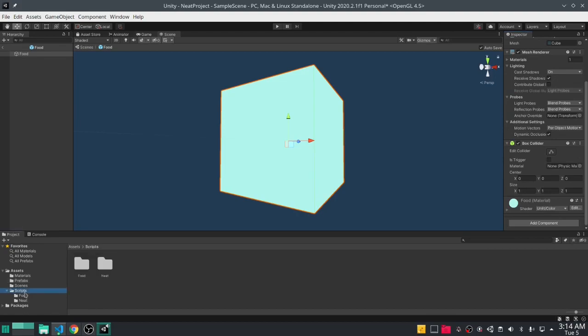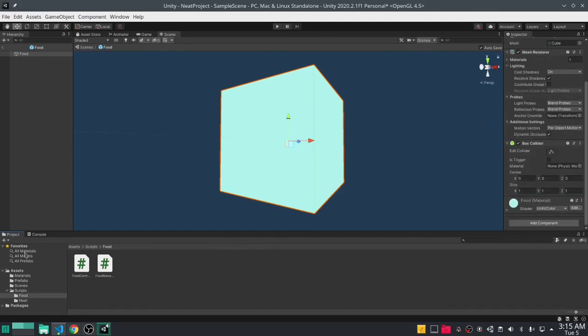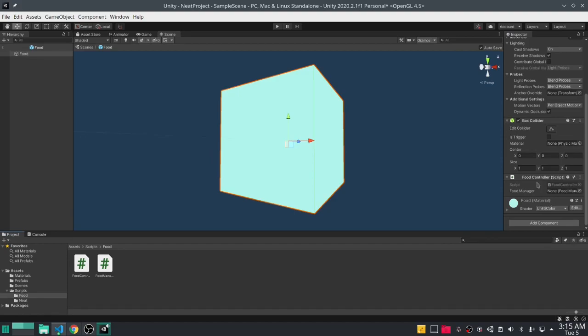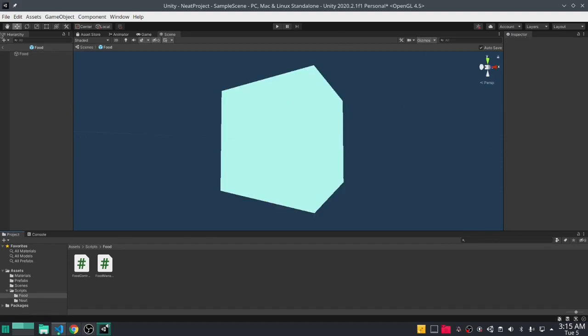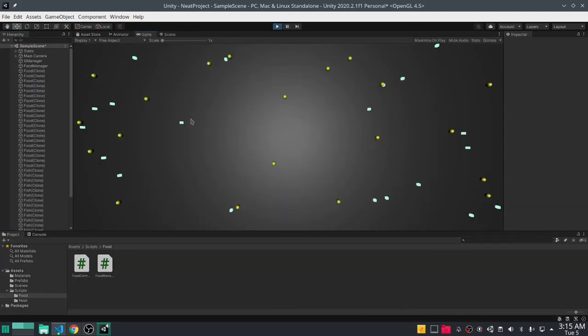then go to your scripts, go to the food folder, click on the food controller and drag it onto your food prefab. Some reason that didn't add, so let's try again. There we go, we got added right here, you can see that. And yeah, now that we have that, we can back out of here and press play again. Beautiful. We can see that all of